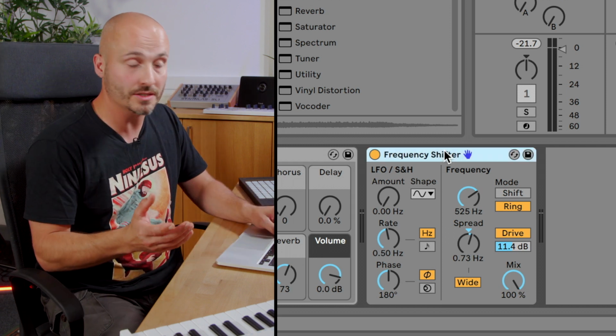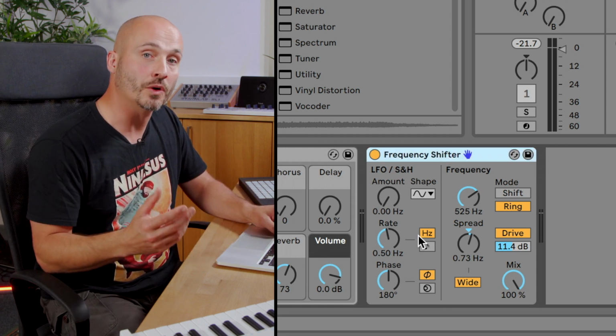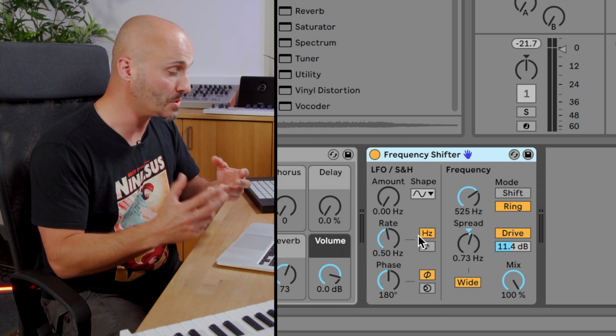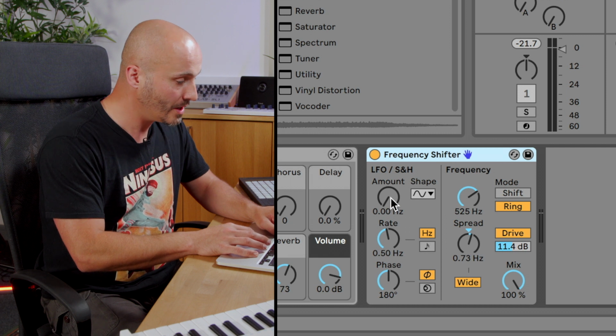So the last thing that we need to cover is the LFO, or the modulation side of this, where we can make things, or parameters, move inside the unit. So we have an LFO amount. So if we turn that up,